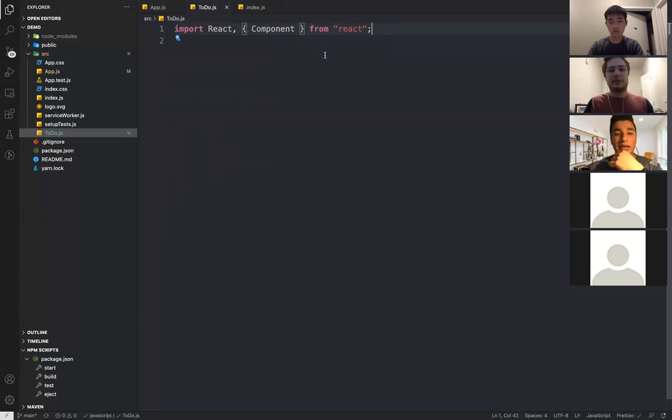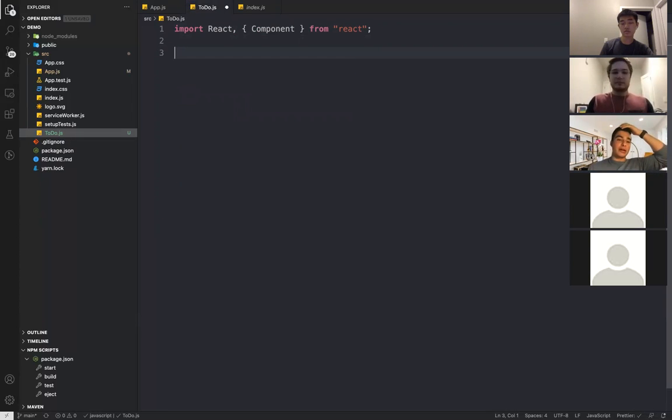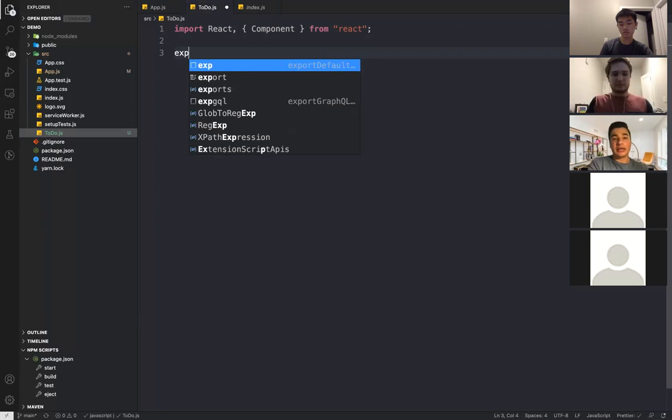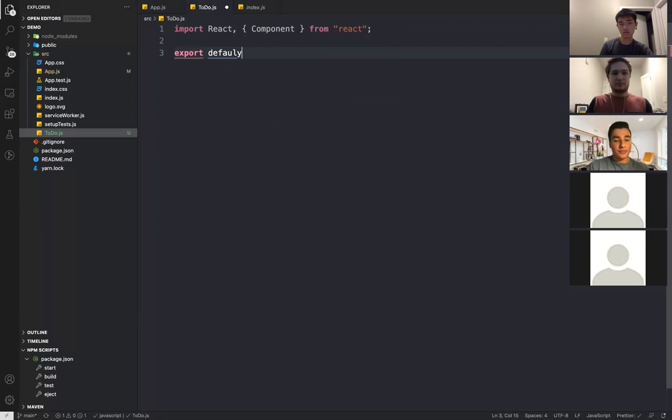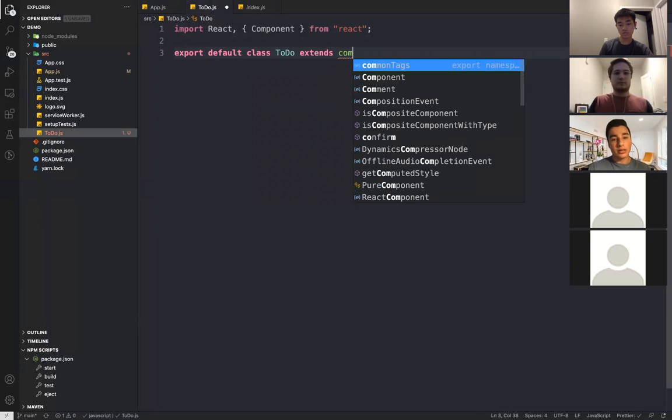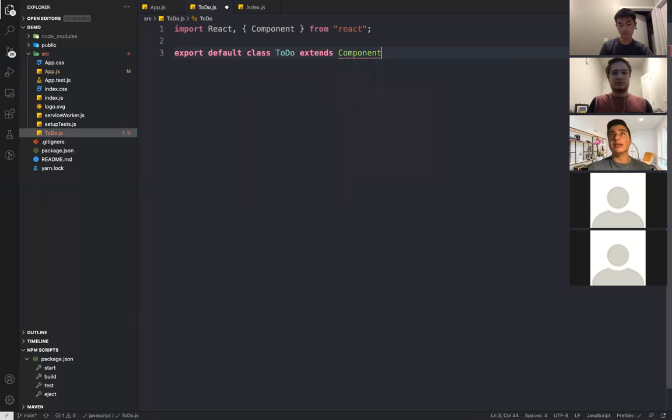Okay, and so I can go through and kind of explain this part. What you're saying here is that in this component, we're going to need some React stuff, and then defining what a component is, and you can get all this from the React package. So now we're going to be declaring a component here. So we'll call this our to do, and if you have any